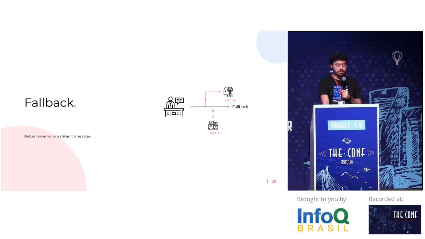In a worse situation, we can have a fallback. Fallback could be a default message. If you imagine my external service number 1 is down, my cache layer is down too, so I can give a fallback to my clients. I can give a default error message, I can give a default JSON message, or maybe if you have a true or false API, you can deliver true for everyone or false to everyone.